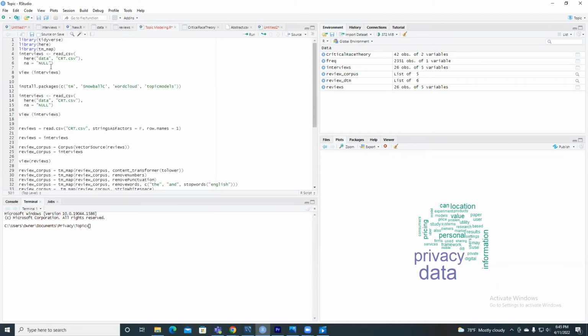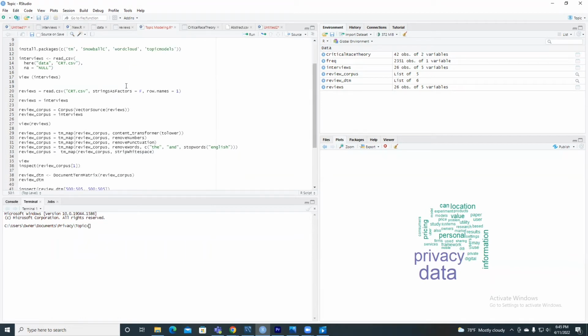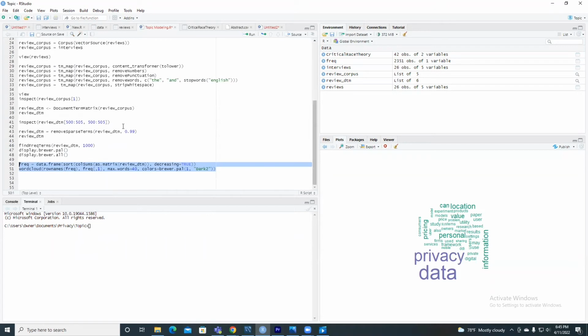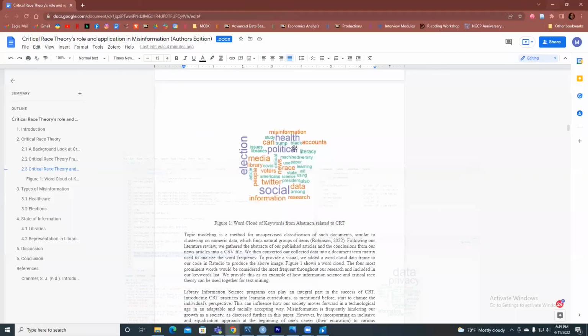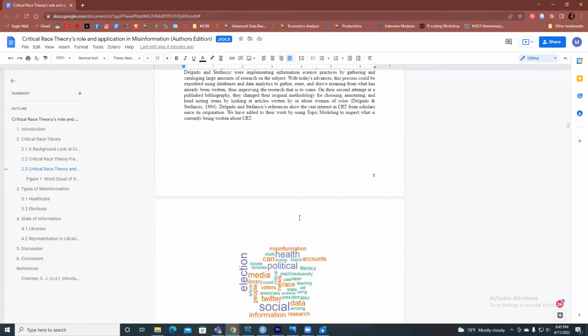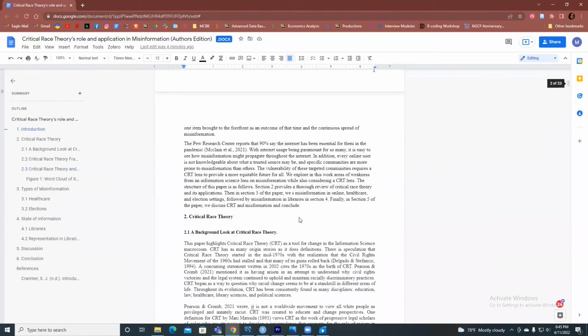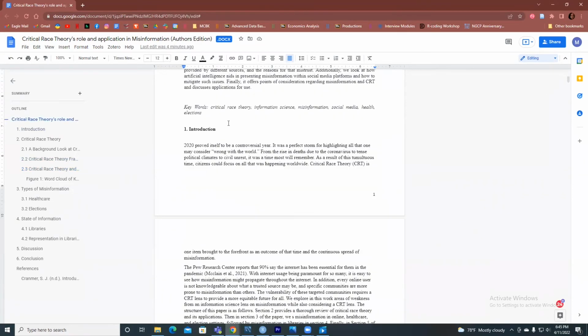I downloaded a few packages. You can see tm, SnowballC, wordcloud, topicmodels, and I created a document term matrix, and our end result was this image that you see over here. Every time you run it, obviously, it does change because it's kind of training. So our last one that we ended up using is this one here. And we did, in fact, end up using the top, I believe, 6 largest words in the word cloud as a part of our keywords list.